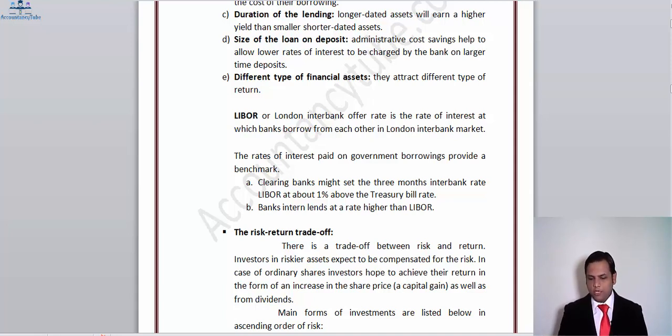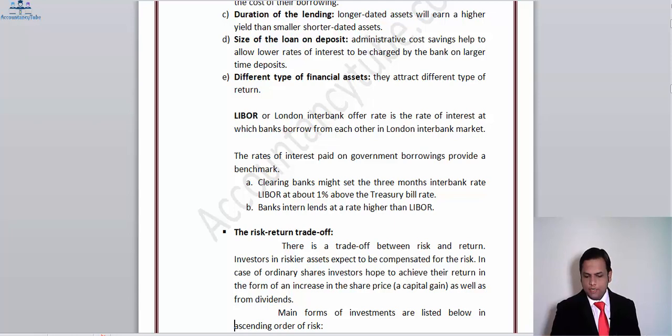So when banks give loans to each other, if it is for short term, they give it for 1% above that Treasury bill rate. And if it is long term, for example 6 months to a year, then it starts to increase by 2%. If it's more than that, then it will turn 3%. The longer the loan is obtained between the banks, the more interest it has to pay, as we have just learned above in the relationship between risk and return topic.